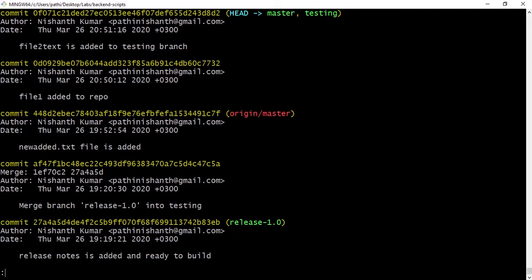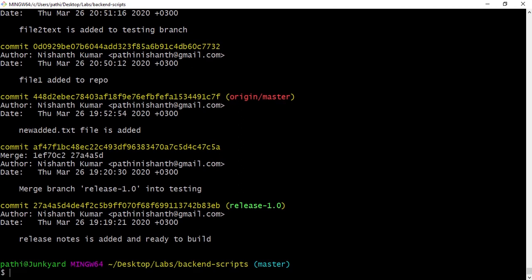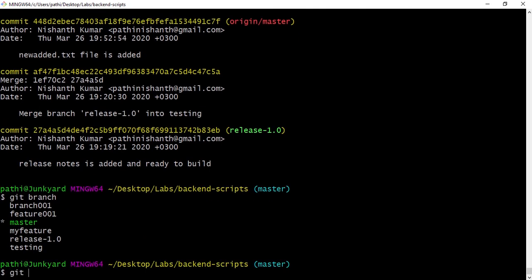Now there is one more type. There is something called interactive rebasing. Interactive rebasing is similar to the rebase. The only thing is it allows altering the commit messages based on your requirement. For example, when you are doing it on a new branch, it will ask you to change the data. Let me go ahead and see a different branch. Now git checkout branch